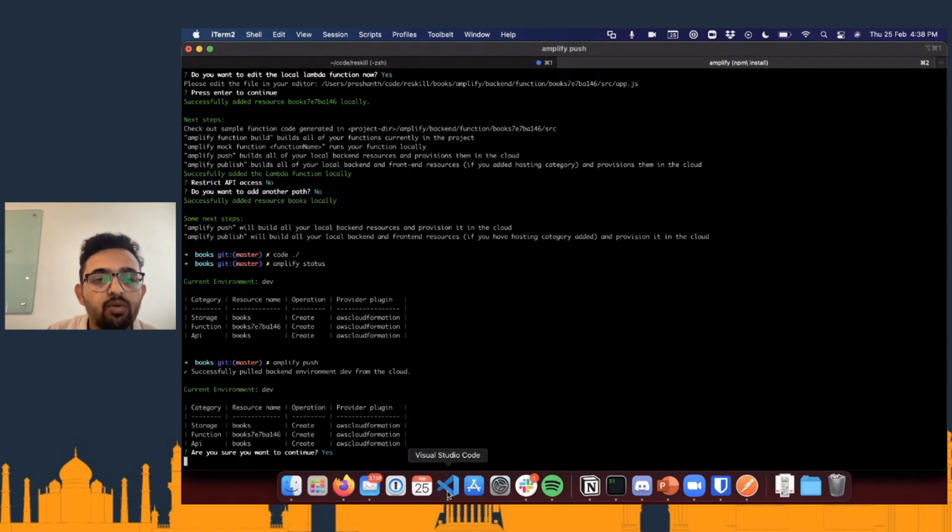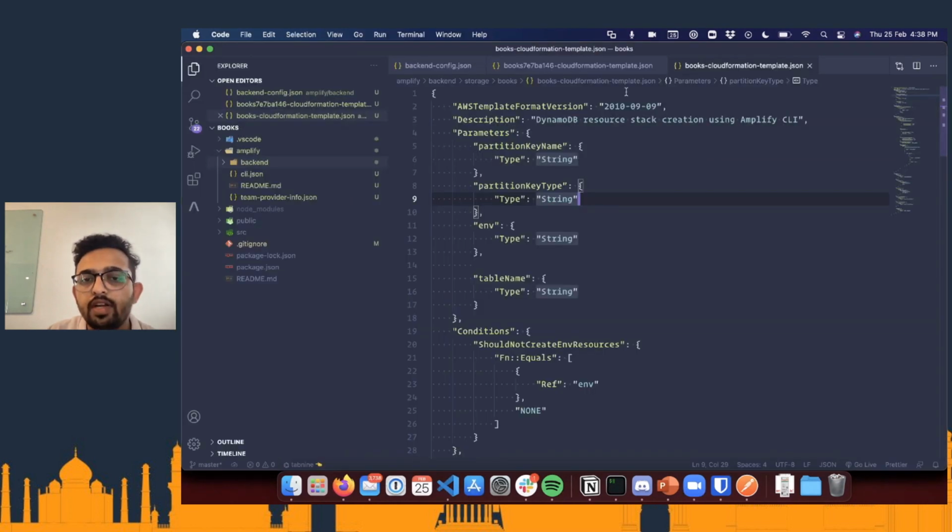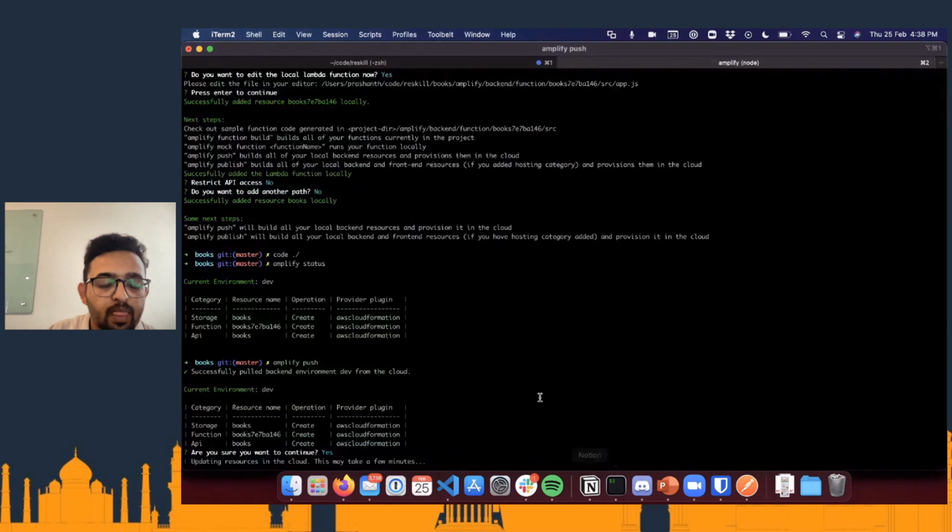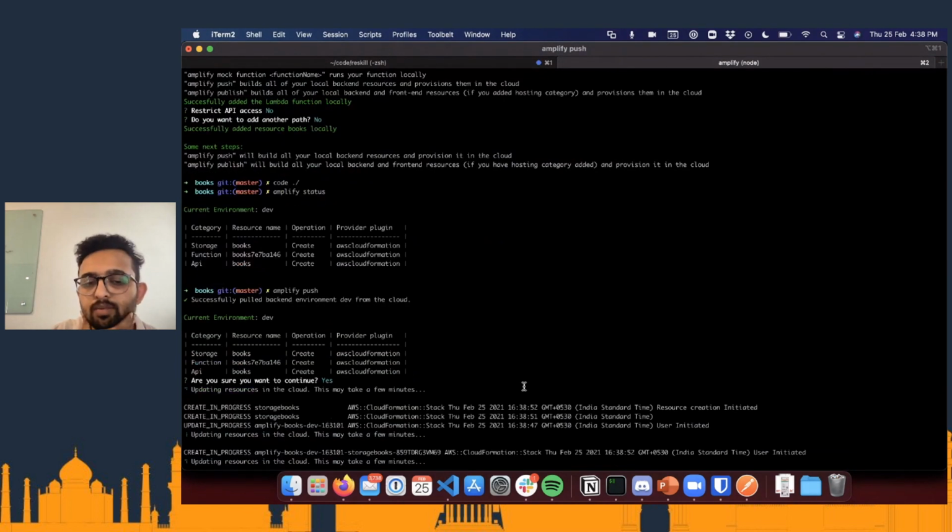So what it is going to do now is read all these auto-generated files from the Amplify CLI, push them into CloudFormation in AWS, and CloudFormation is going to create all the resources for us.